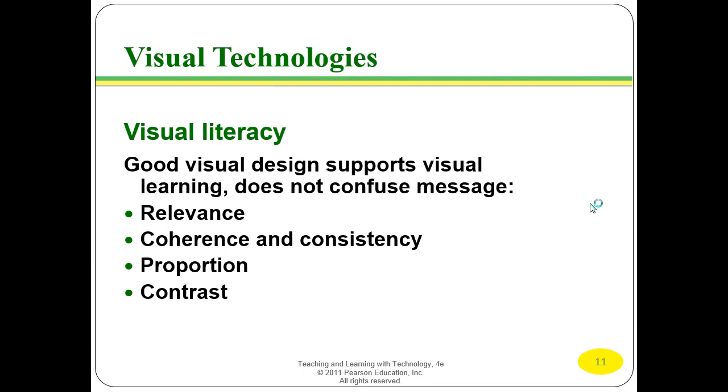Whenever you're trying to present a message to a viewer, your internet site and the visual impact of that site needs to stress relevance, coherence and consistency, a sense of proportion, how everything's laid out, and contrast,